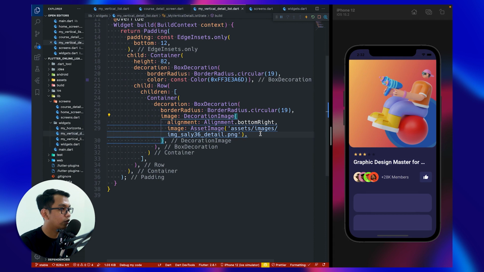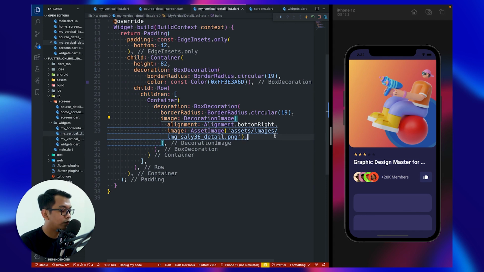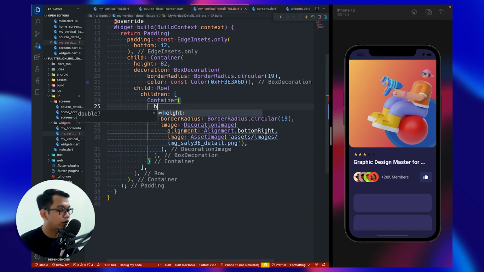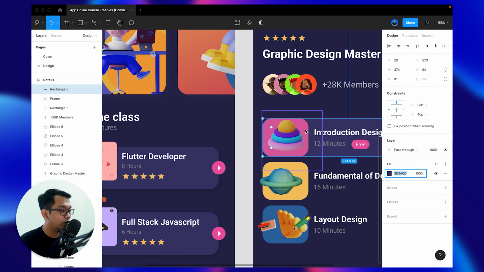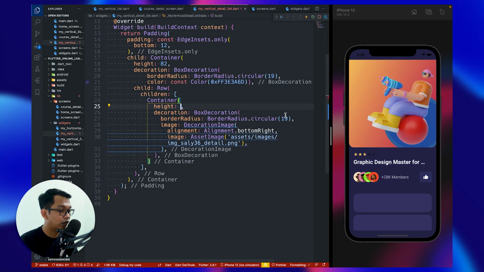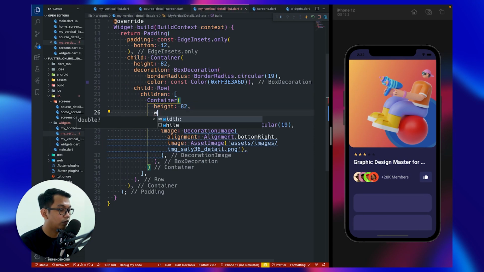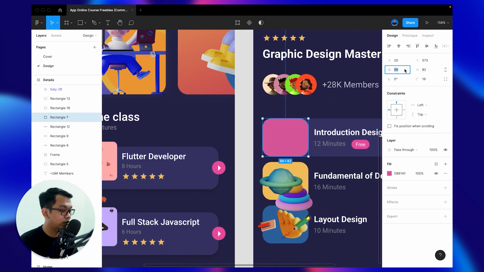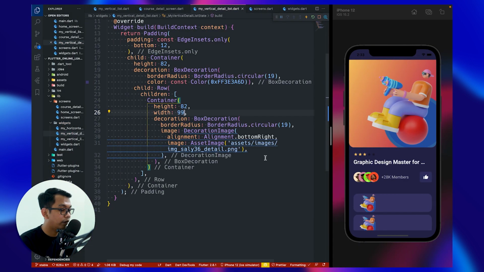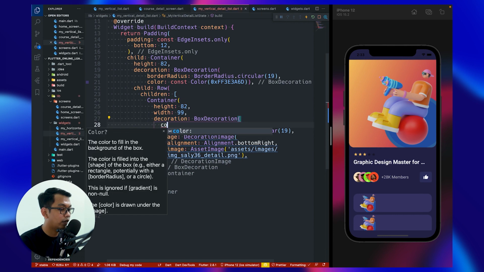So we need to set the color. What we say right here, the first is, oh, we don't have any height, so for the height, set it to this, and for the width, set it to this. And we need to add color.